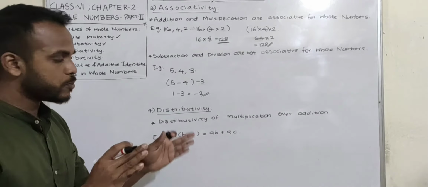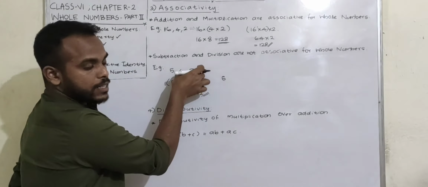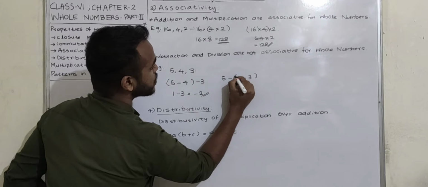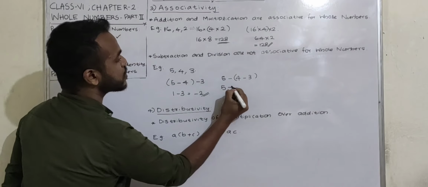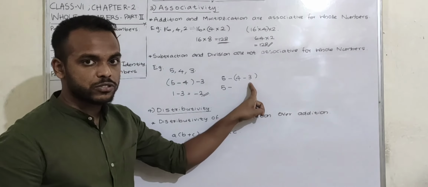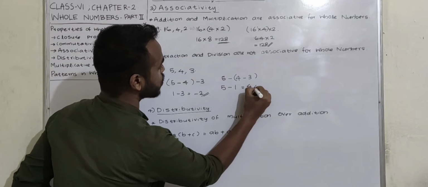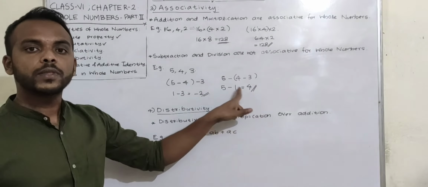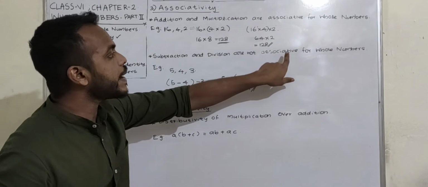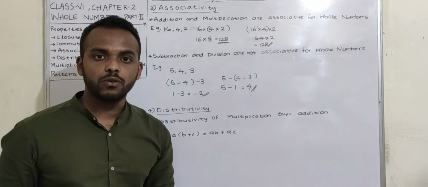Okay, let this be here. And the other way is subtracting second and third terms. So 5 minus (4 minus 3). So what happens inside the bracket? This is the first operation that you should do. 4 minus 3 is 1. Then what is 5 minus 1? It is 4. Are they same? No. So we can say subtraction is not associative for whole numbers.